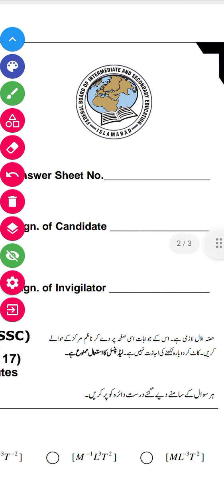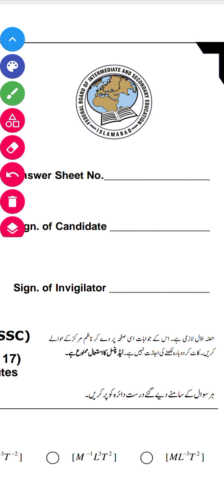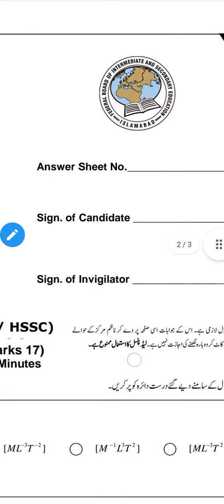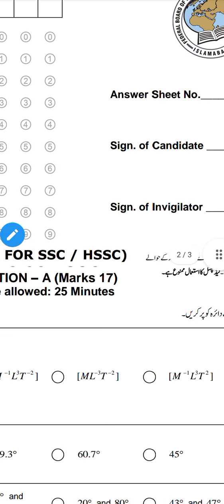Then there is sign of candidate. Then you have to do your sign here. Next is sign of invigilator. You don't have to sign here because here the invigilator does her sign. Next,